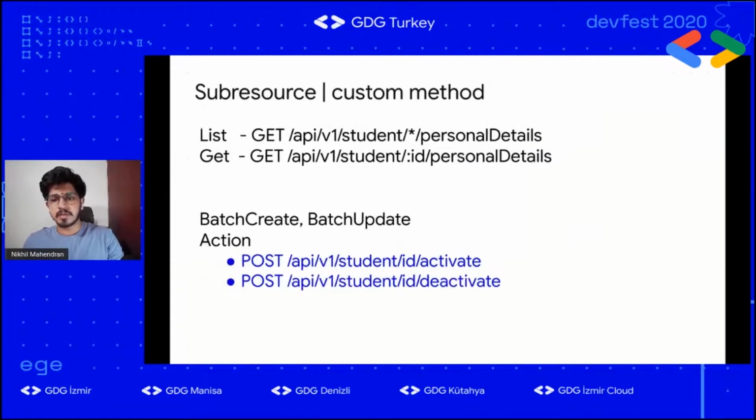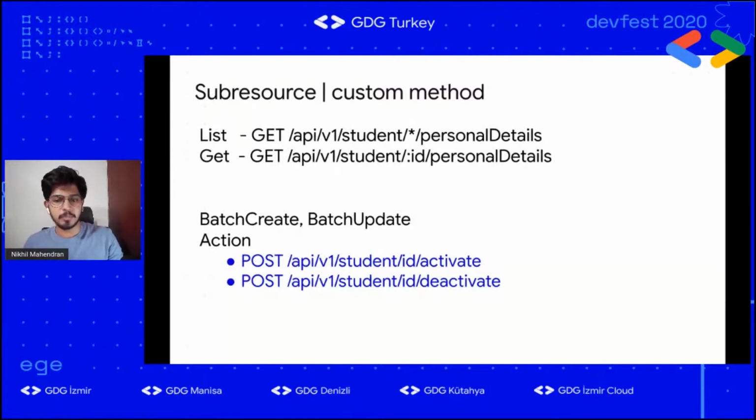Student personal details, that is the sub resource. Why is it a sub resource? When you see student, it comes in the form of a hierarchy. Student personal details is related to the student, so there is some relation between those. When you look at the sub-resource API endpoint, it is get slash API slash version1 slash student slash ID, so for a particular student we are fetching, slash personal details. So it is the student's personal details we are fetching. It is called a sub-resource. It is related to the resource in a hierarchy.